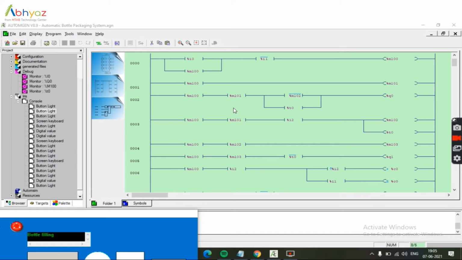This is the ladder logic which is used for the automation process. This is the first rung, and this is the start stop. This is the start push button, that is %I0, and %I1 is the stop push button. %M100 is the first power control memory bit being used in order to control the bottle filling station component. Then in the second rung